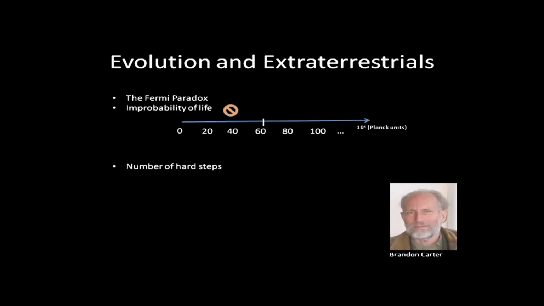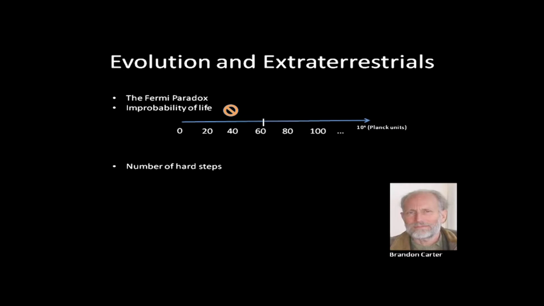And then you can run this either way. If you knew the number of steps, you could calculate the expected time left over. So when Carter was running this, he thought that there was maybe 5 billion years left over, that we were roughly halfway through our sun's main sequence, and that was the cutoff for how long it could take. So he reasoned that there were only a very small number of these critical steps, 2 maybe, maybe 1, maybe 3, but certainly not 10 or 15.